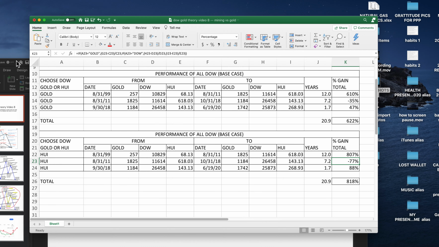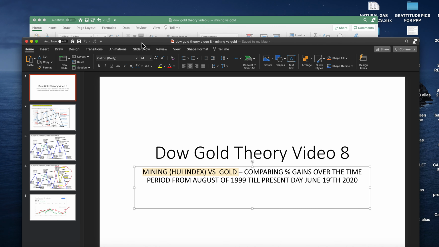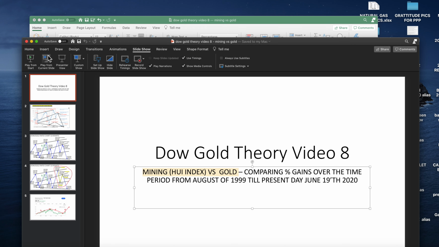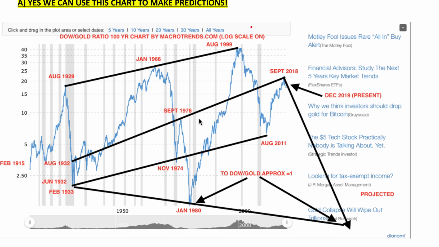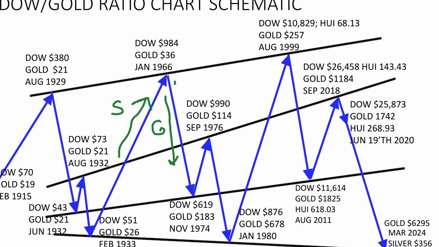Let me go over to this presentation here and just run through a few things, and then we'll do that next. Let's do slideshow, play from start, I guess. We've already gone over that. So the second part of this, I'm going to break those segments up into three steps. You'd really have to watch my first video to get the logic of why that is a reasonable thing to do.